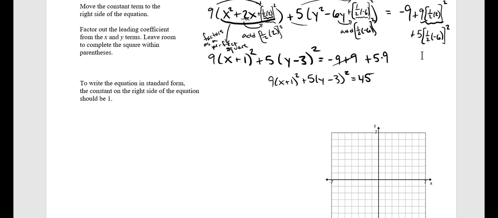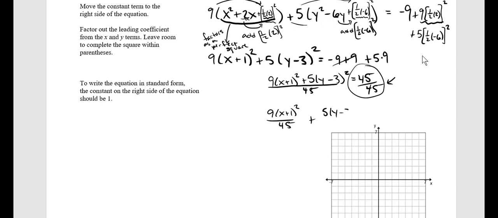Now it's pretty easy to put this in a standard form. (x plus 1) squared, divide both sides by 45 to do that. That standard form has a 1 on this side of the equation, so we better divide that 45 off to put a 1 there. So we get 9(x plus 1) squared over 45 plus 5(y minus 3) squared over 45 equals 1. And we make cancellations. Home free. Looks like our final equation